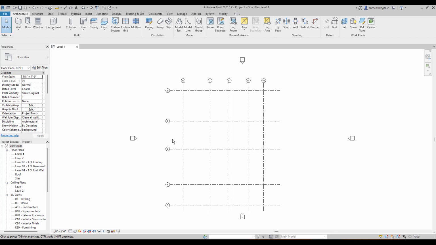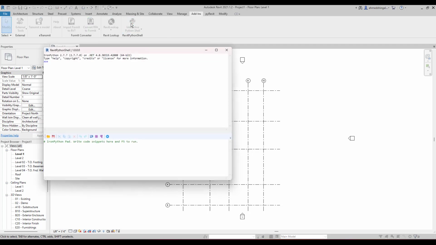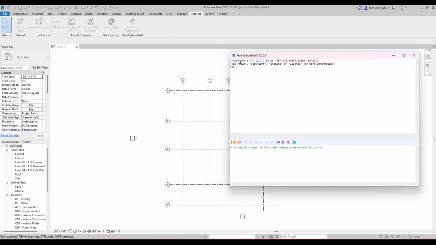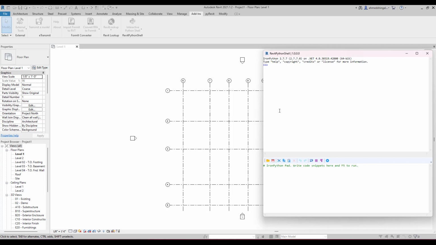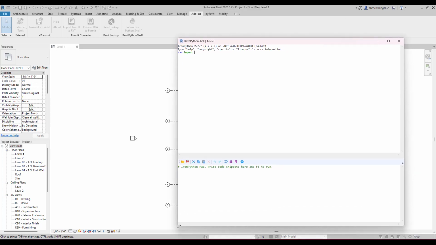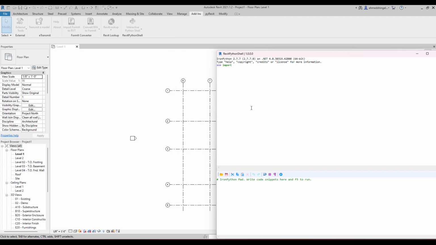Basically, you go to the add-ins and then you open the Python shell, which is running IronPython 2.7.7. In order to do that, we start by importing the libraries. We say import, then we enlarge that so you can see it clearly. Alright, we say import clr and import the Autodesk Revit